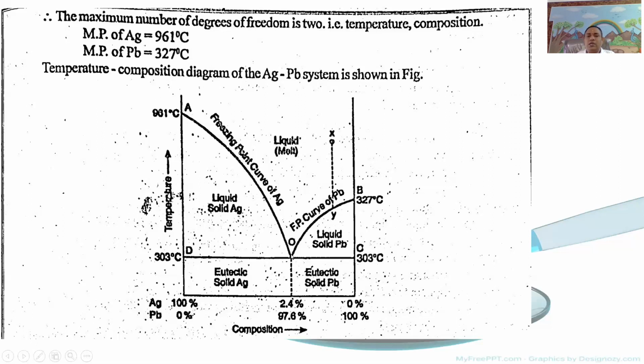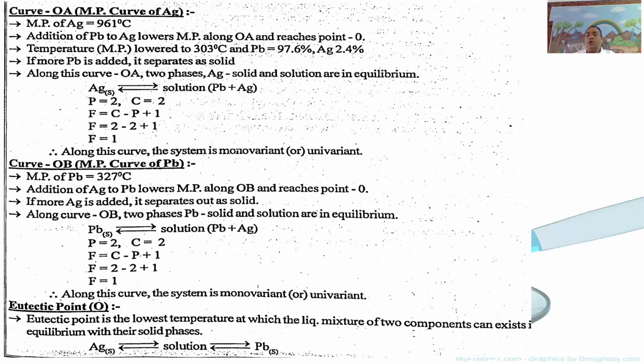The lowered melting point of the alloy when the metals are combined in a constant ratio is called the eutectic temperature. Here in the phase diagram